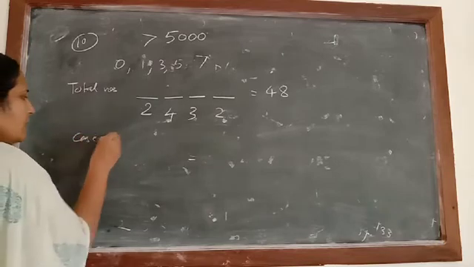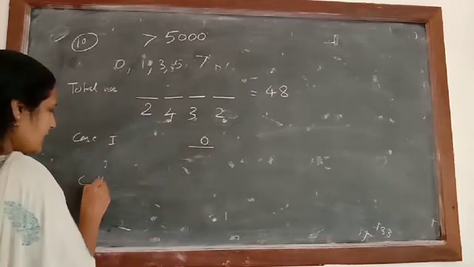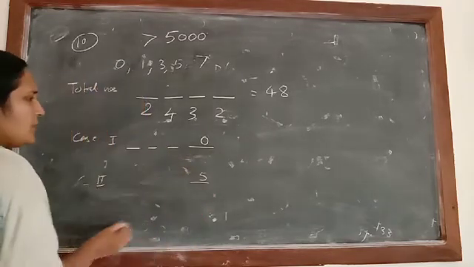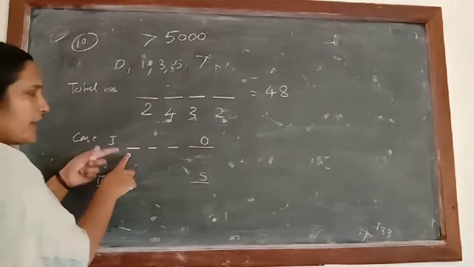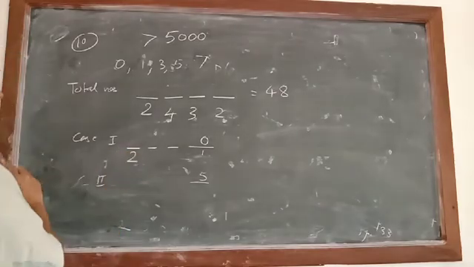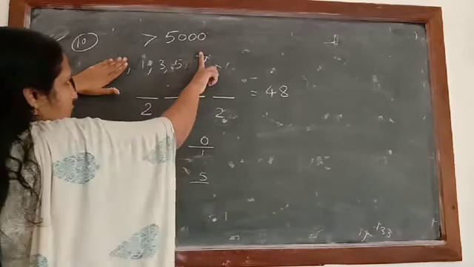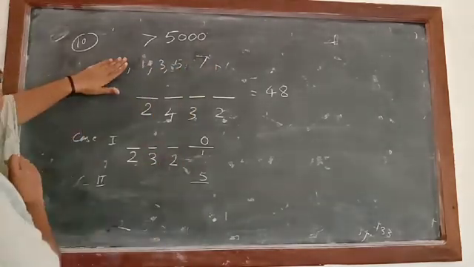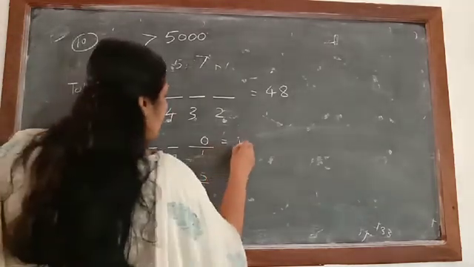Now our condition is it should be divisible by 5. So case 1, either 0 will come in the unit place, or second case, 5 is there in the unit place. So if 0 is there in the unit place, again the number should be greater than 5000. So this place can be filled in one way only. This place can be filled in two ways only. So 0 I filled and one number here also I filled. So remaining 3 numbers: 3 and then here it will be 2. Now it will be equal to 3 2s are 6, 6 2s are 12.